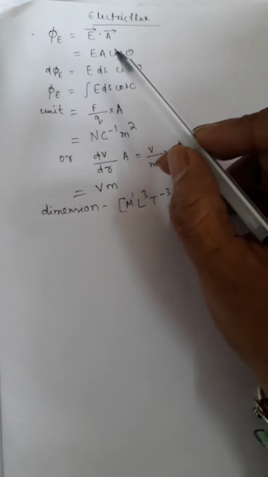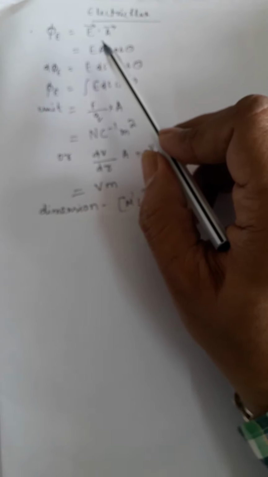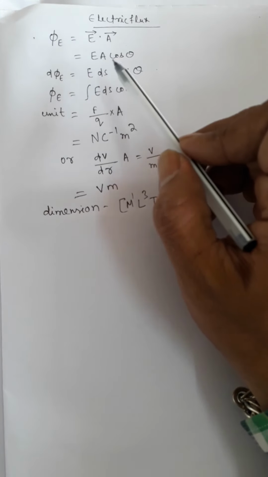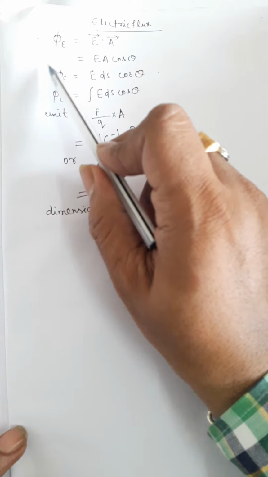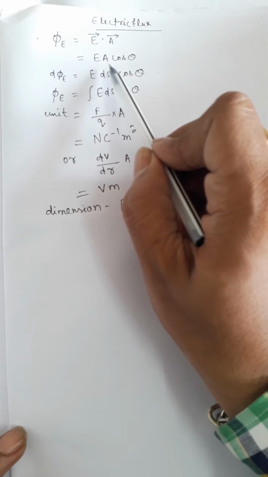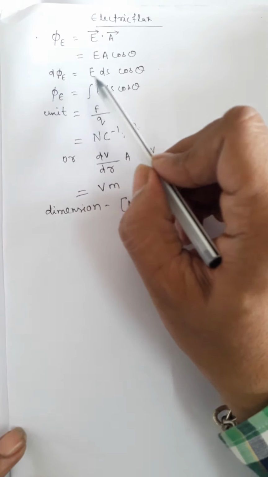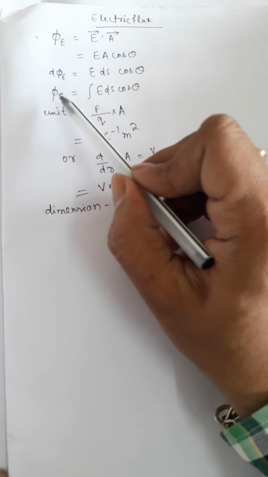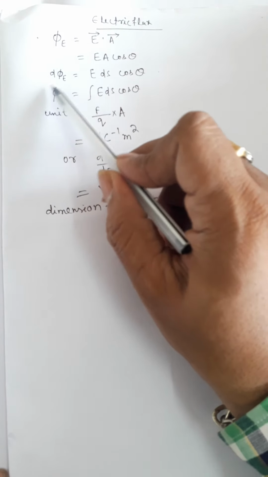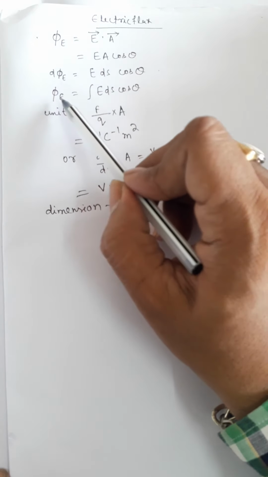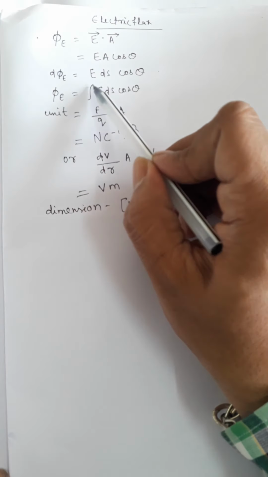In the previous lecture, we have already studied electric flux, and the formula is phi E. Electric flux is equal to E vector dot A vector, or it is EA cos theta. If a small flux is produced due to a small area ds, then d phi E is equal to E ds cos theta, and the total flux can be calculated by integrating both the sides, and total flux is equal to